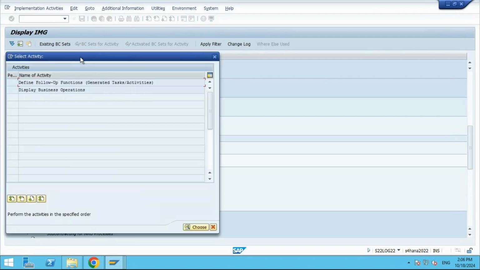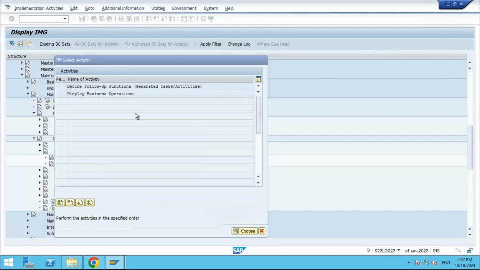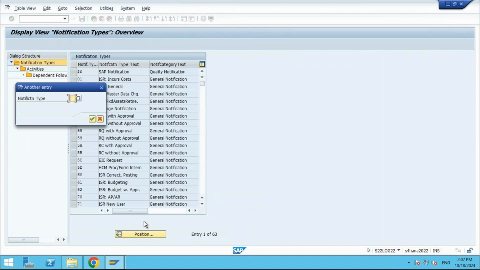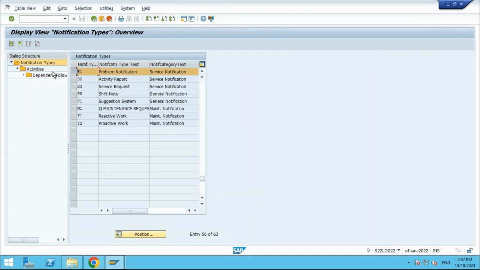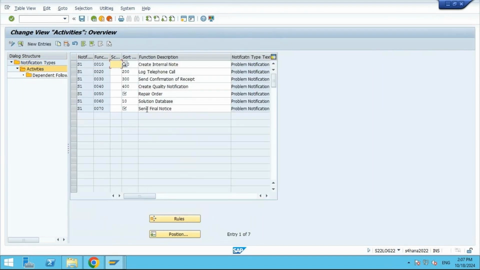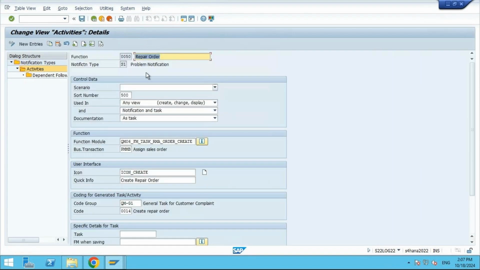So go to define follow-up functions. What is our notification type? S1. Go to the S1 notification type. This is the notification type we are using. Go to activities. Here, you see, you have an option called repair order. Select this, go to details. Here, create repair order. This is the function module. This function module basically will create the repair order. This is the standard SAP